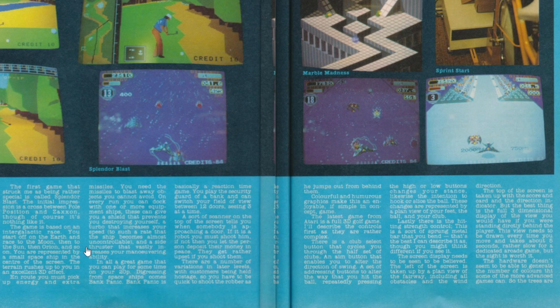You're represented by a small spaceship in the centre of the screen, and the terrain rushes up to you in an excellent 3D effect. En route, you must pick up energy and extra missiles, which you need to blast away objects you can't avoid. You can also pick up a shield that prevents you destroying yourself, a turbo that increases your speed to such a rate that the ship becomes almost uncontrollable, and a side thruster that vastly increases your